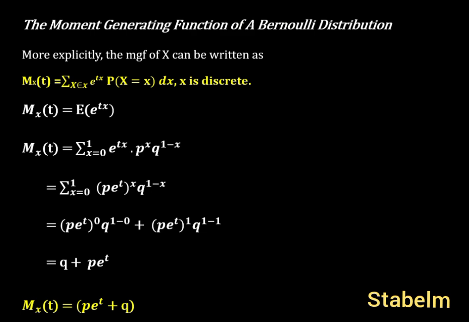Although the case can be reversed, whereby we can also derive the mean and variance of this Bernoulli distribution from its moment generating function. And how do we do that? We simply differentiate. For the mean, we differentiate once, that is the first derivative, whereas for the variance, that is the second order, the second derivative. So this is just how to derive the mean, variance, and the moment generating function of